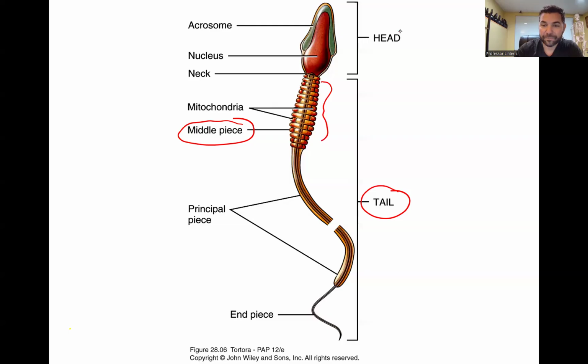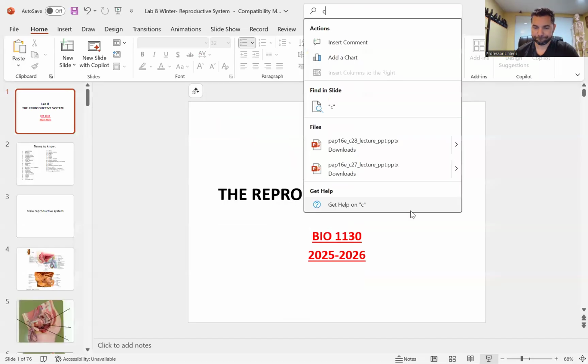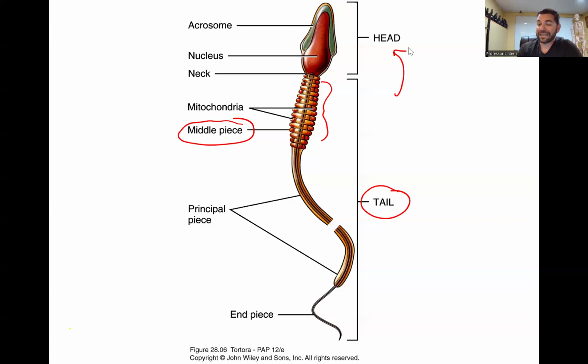The head contains a few important things. It contains the acrosome and the nucleus. The acrosome is this little capsule kind of on the head of the sperm that contains enzymes that are very, very important when that sperm does contact the egg to allow it to dig through, as well as the nucleus,